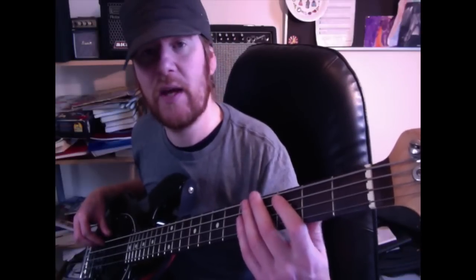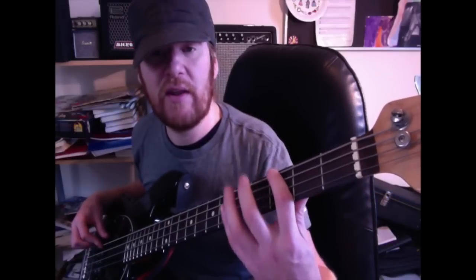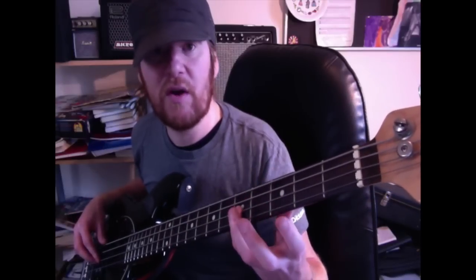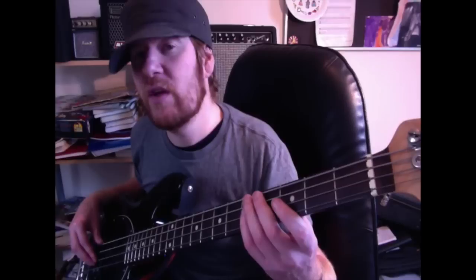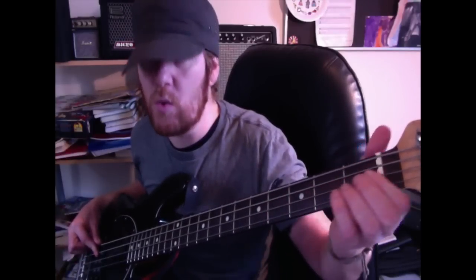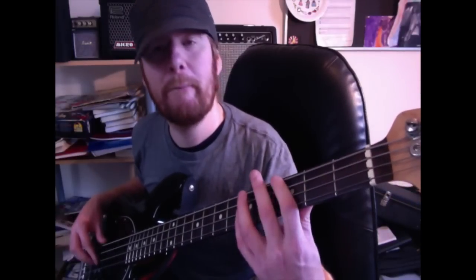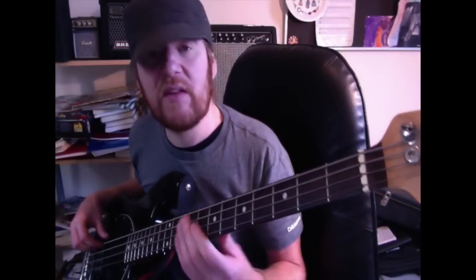Okay, and then you're going to do the whole thing again. But this time you're going to do the G again right there on the E string, and then you're going to do the 5th fret on the D string again, and then this time you're going to go to the 3rd fret on the D string, hold it for a little bit and roll it down. So we have bum, bum, bum. Okay, so that whole part is